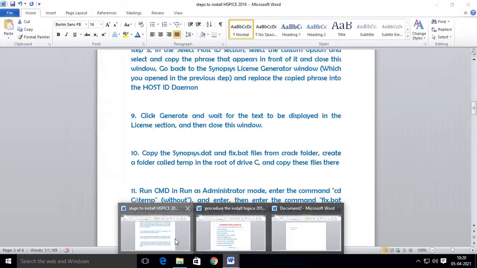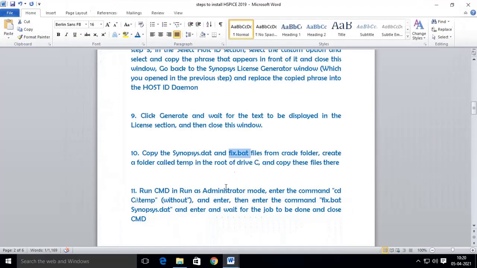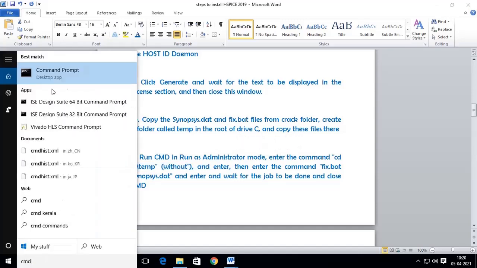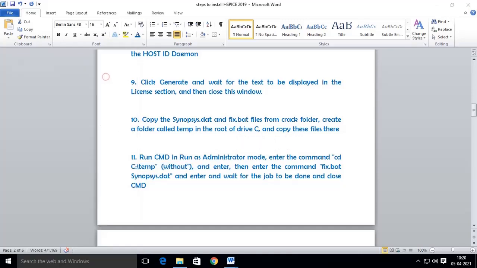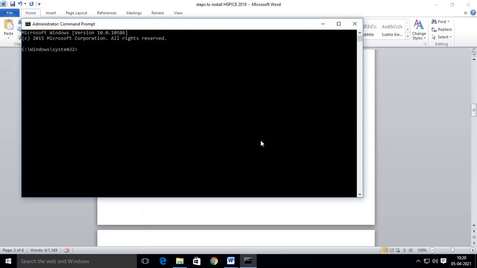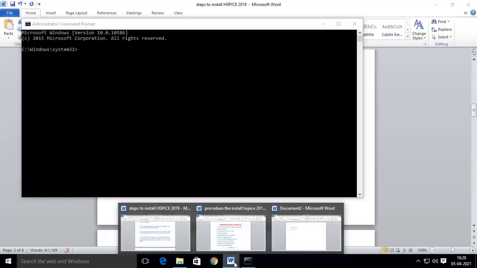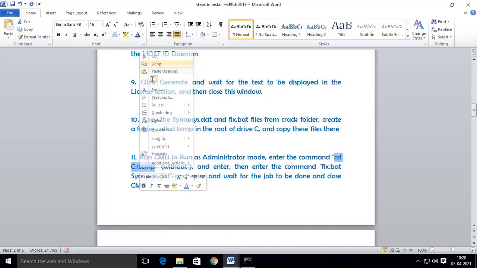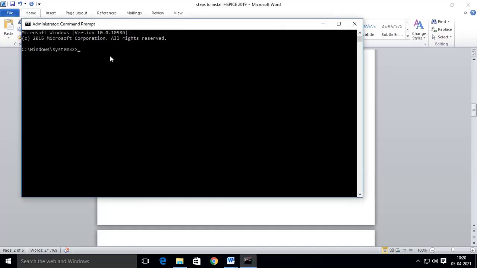Now run the command prompt as administrator. Please check that you always run the command prompt in administrator mode only. Now follow the procedure according to those steps. Command cd space C, to go to the temp folder, cd space temp.